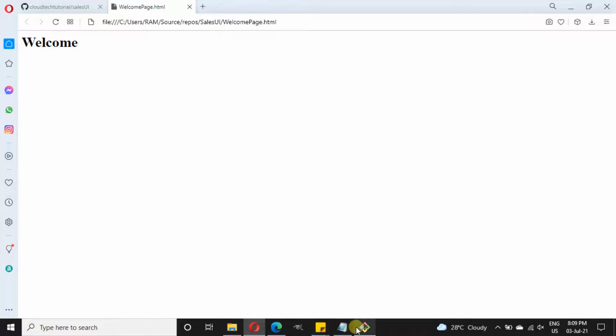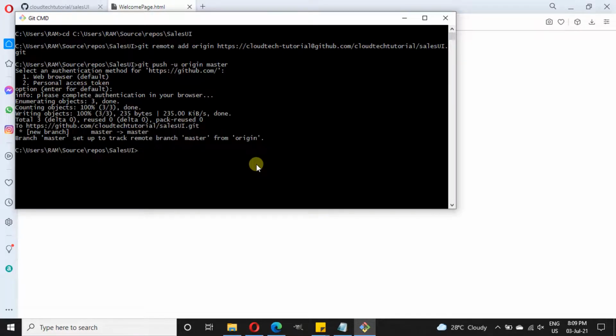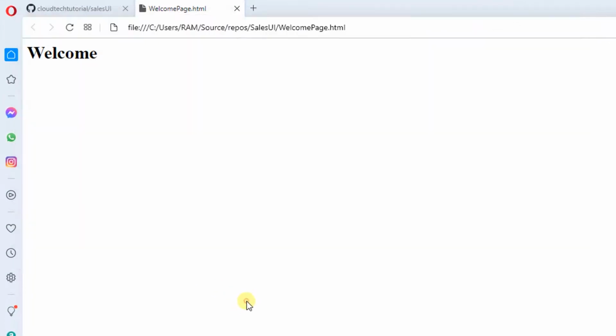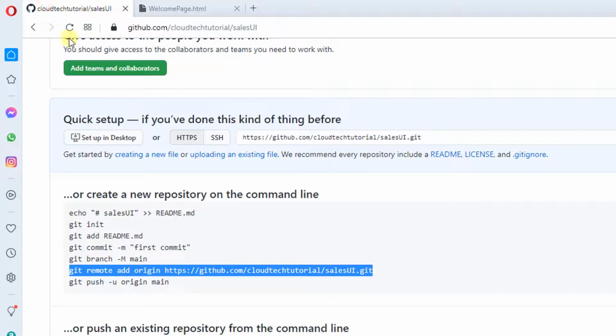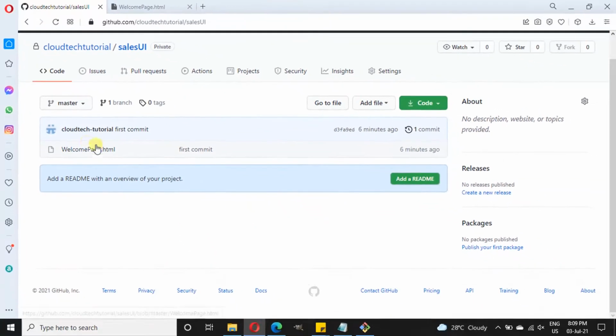Now let's navigate here. Let's wait for a while to complete this process. Yeah, done. All our changes are now pushed to our remote repository. Now we have to go to our portal and refresh to see our changes. Yeah, our first page is over here and it is pushed to master branch. Whatever changes we have done, that is for the first time when we are pushing our code to GitHub account.